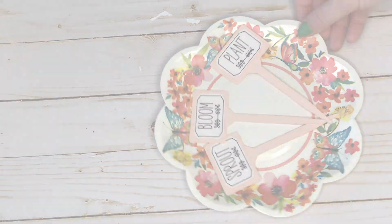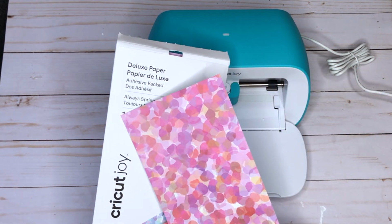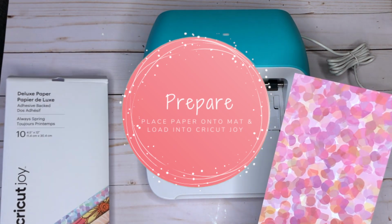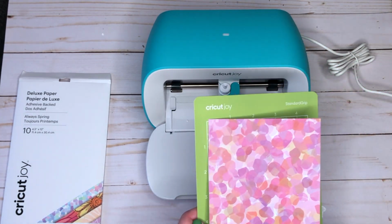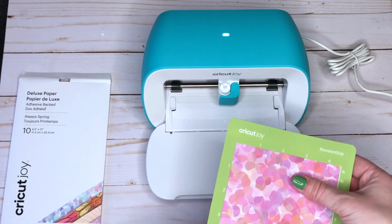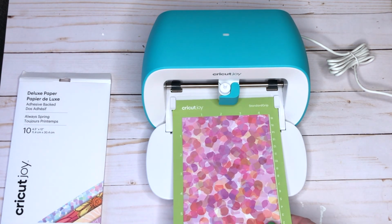And I couldn't help but also do a little craft on my galvanized watering can that I got from the Dollar Tree. So this time I decided to try the deluxe paper for the Cricut Joy. This is the first time I've used any of the paper. I've used vinyl before. I have a Cricut Explore Air 2 that I bought on my own, so I'm a little bit more experienced in the vinyl, but I've never ventured into the paper,